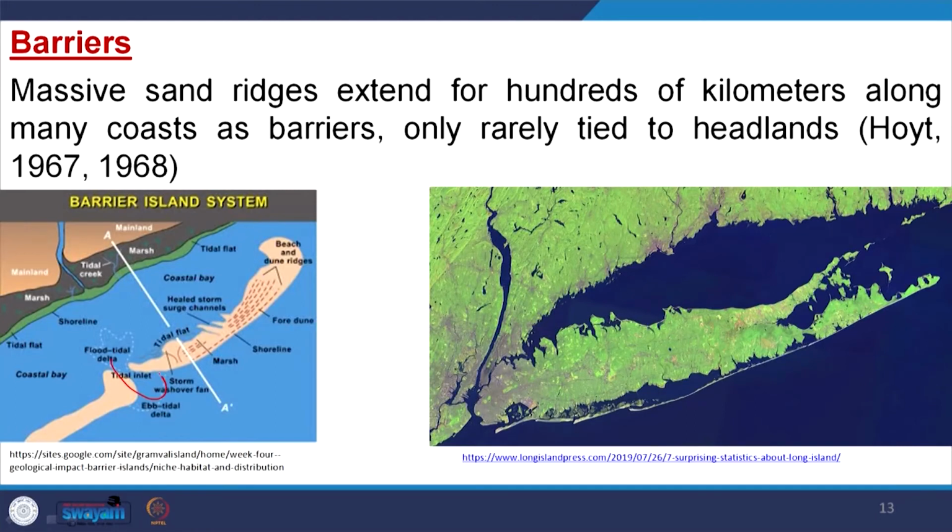For example, here there is a break called a tidal inlet. During high tide, sediment will migrate in this way, and during low tide the sediment will migrate the other way. So we will find an ebb tidal delta and a flood tidal delta. Across this barrier towards the seaside, we get the ebb tidal delta, and towards the lagoon side, this side is the lagoon, this is the tidal flat, we will find the flood tidal delta.